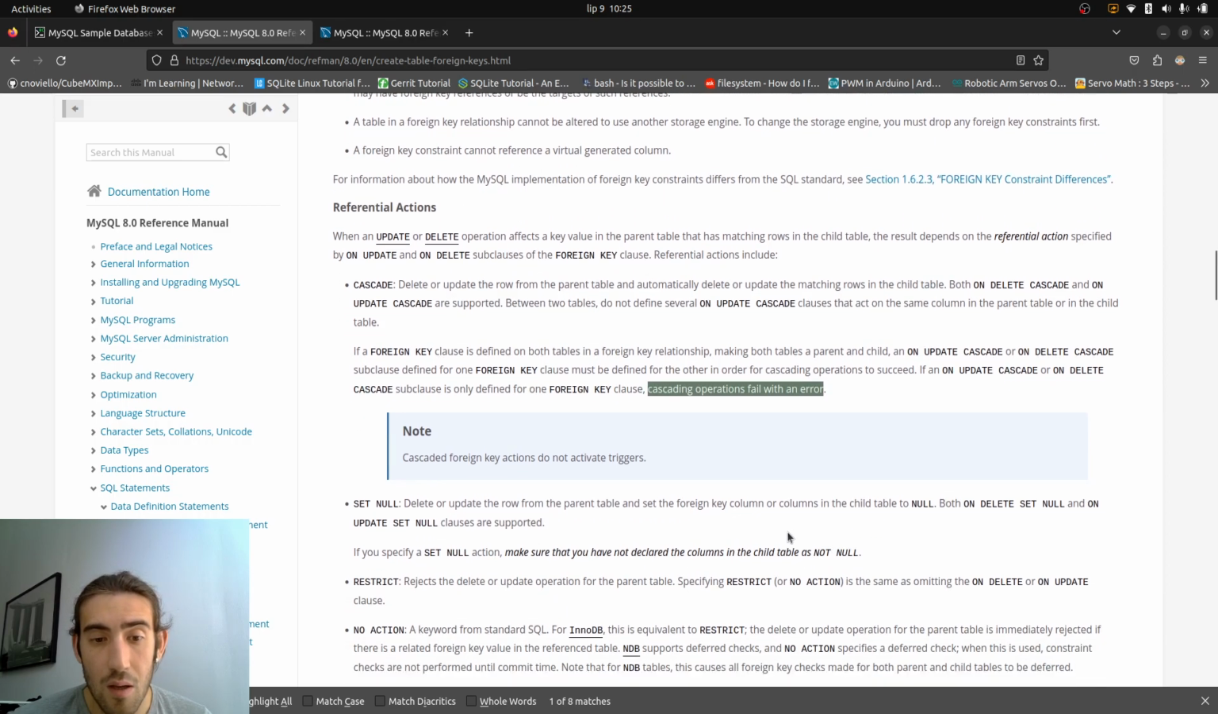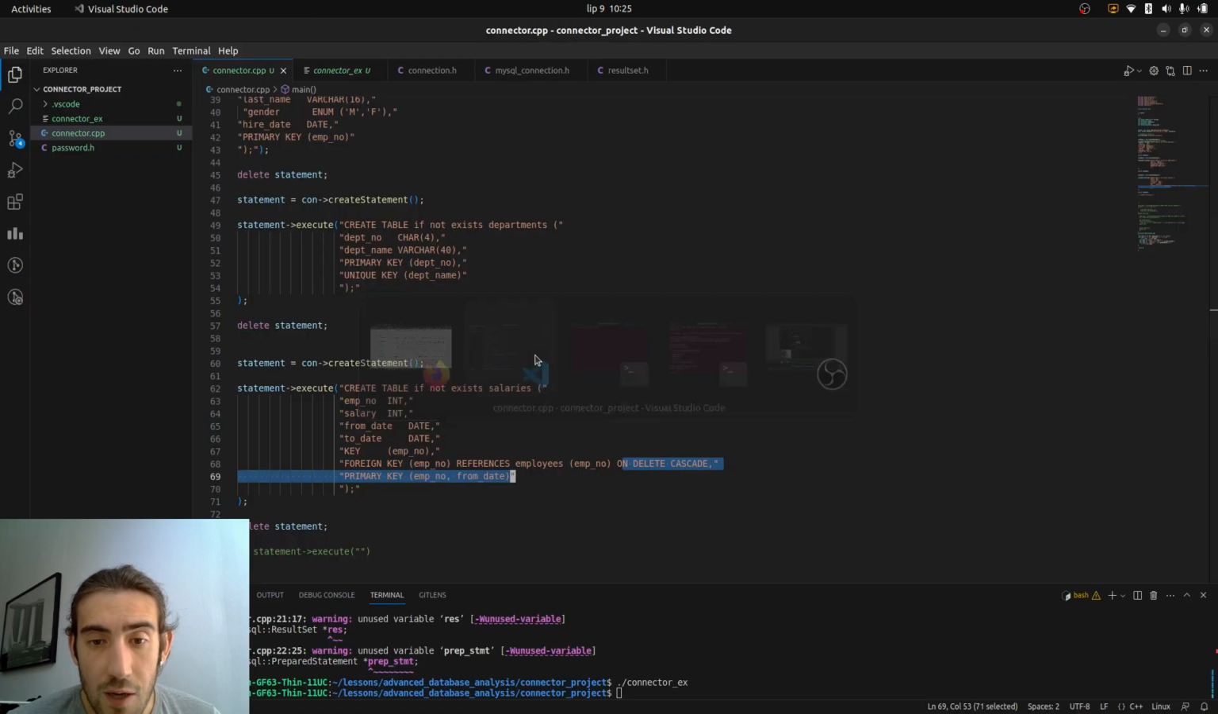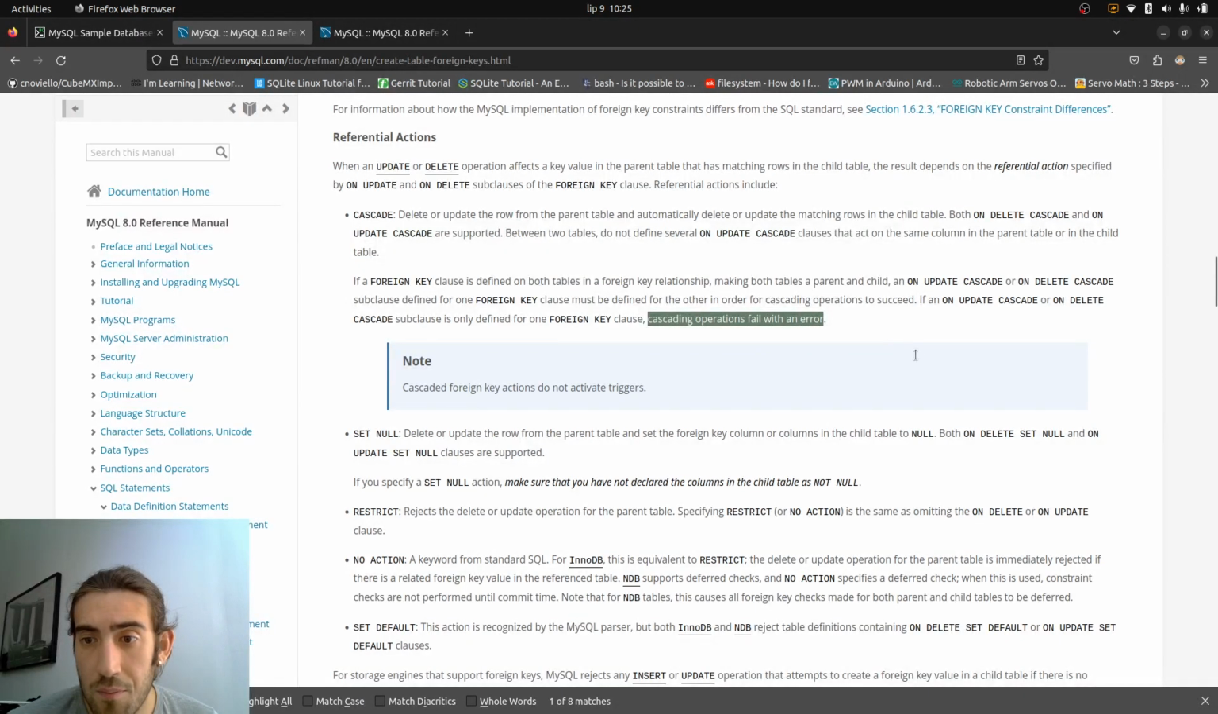If an onUpdate cascade or onDelete cascade subclause is only defined for one foreign key clause, cascading operations fail with an error. So the reason why we put onDelete cascade here is the fact that we basically want to